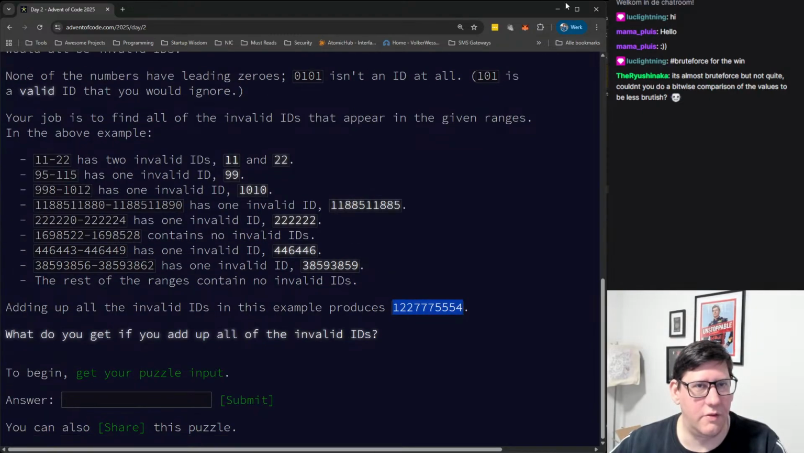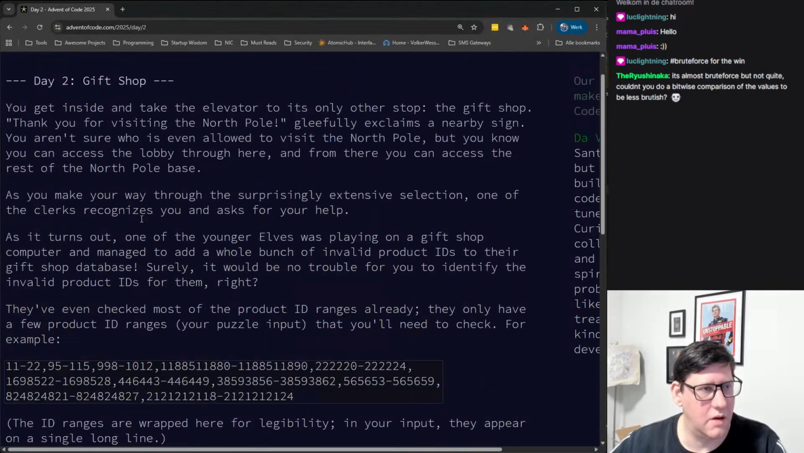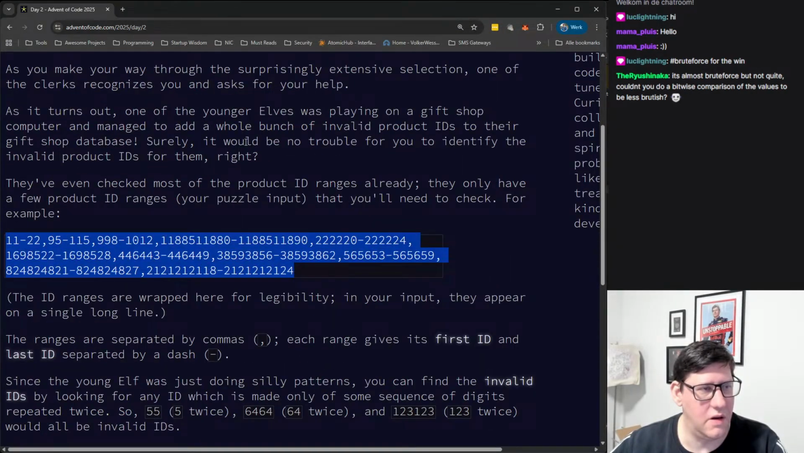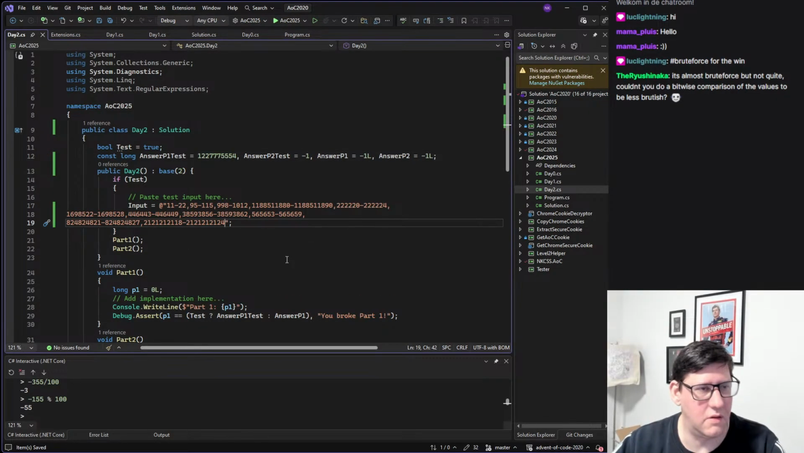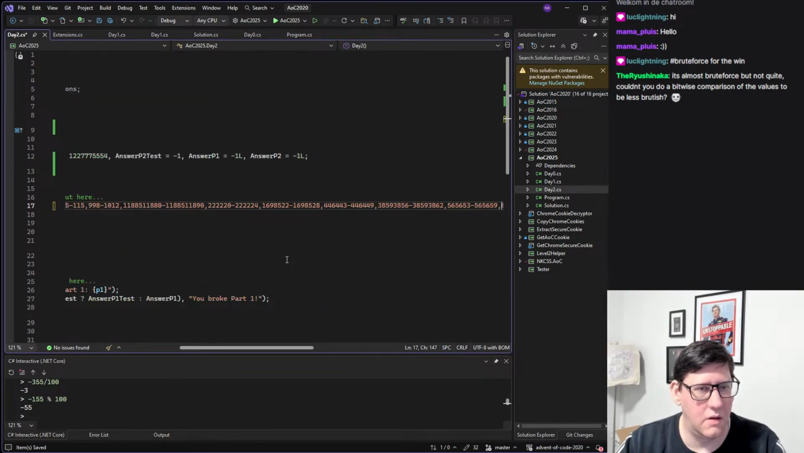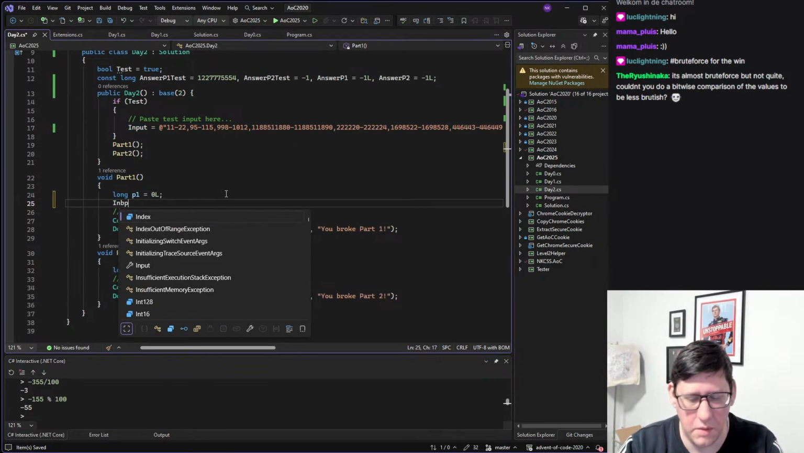The test for part 1 is this value, answer test part 1 is that. And then we have the test value ranges here. Let's save that as well. Input, here is our test. Okay. So we do input